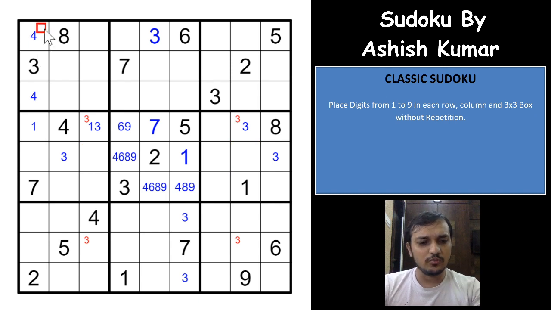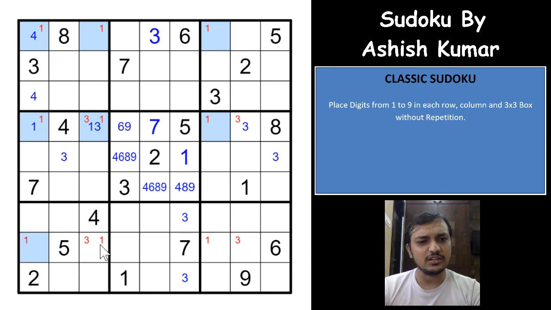1 in row 1 would have to be here, here and here, right? It cannot be here and here. Same way in row 4 it can be here, it can still be here, and it would have to be here. It cannot be here and here. Again in row 8 it can be here, it can be in the third cell as well. It cannot be in any of these two cells, and it would have to be here again. It cannot be here because of the 1 here. Now as you can see here, I'll just mark that with the colors here again.